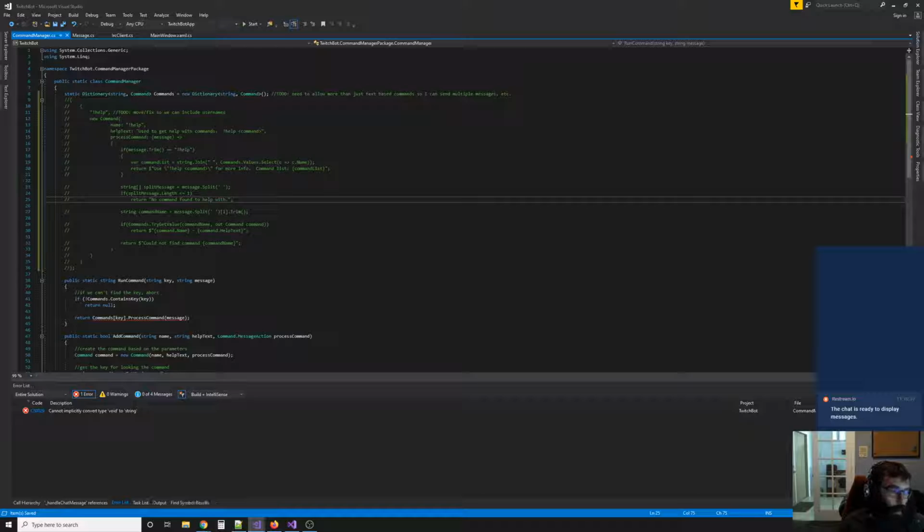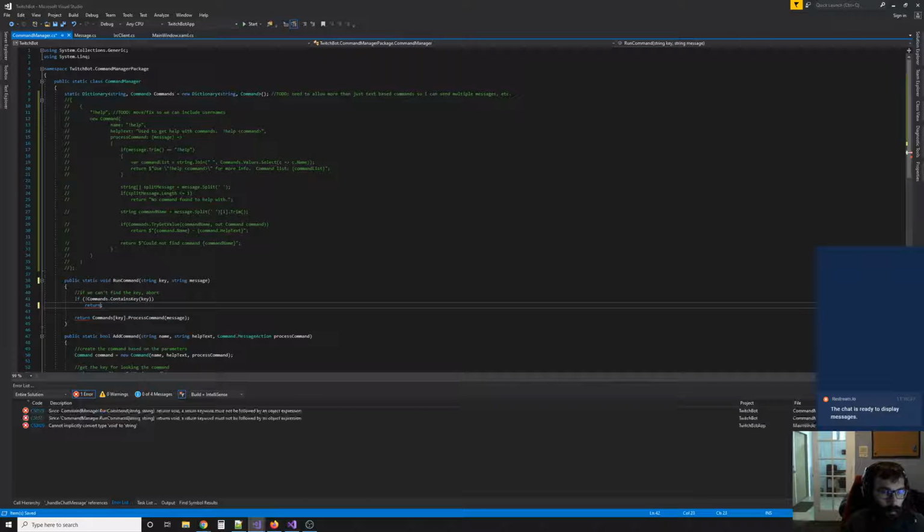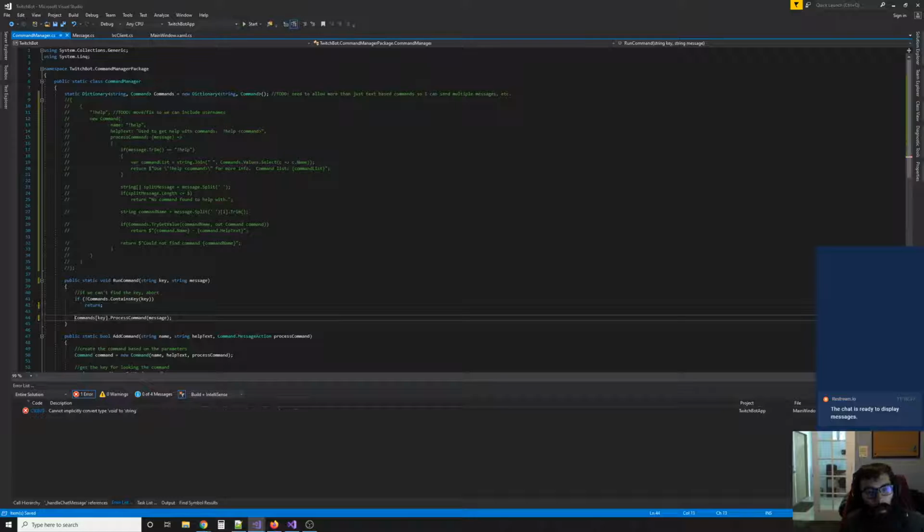So the point of this was to have a help command that would return all of the commands. We had a special command that was baked into the bot that would always return a list of commands that you had. And the issue with that is that it assumes